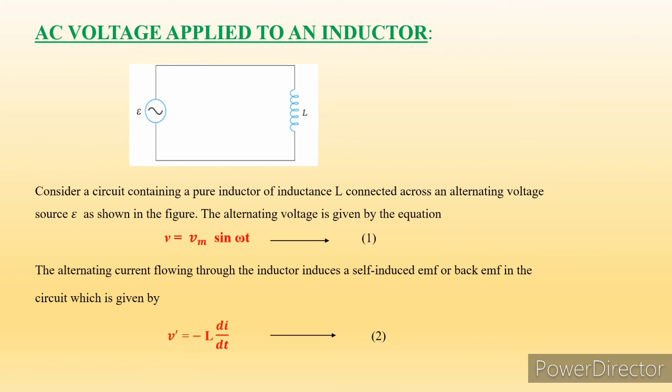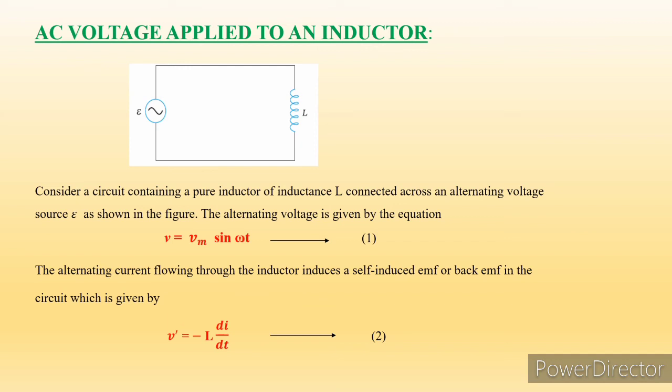Let us discuss an AC voltage applied to an inductor. Look at the circuit. It consists of an alternating source of EMF E, and opposite to that there is a coil of self-inductance L. Now look at the statement below the diagram. Consider a circuit containing a pure inductor of inductance L connected across an alternating voltage source E as shown in